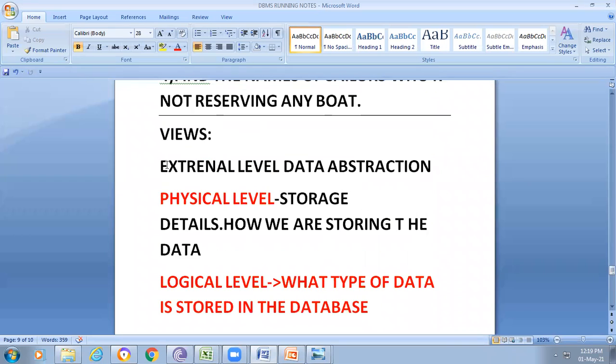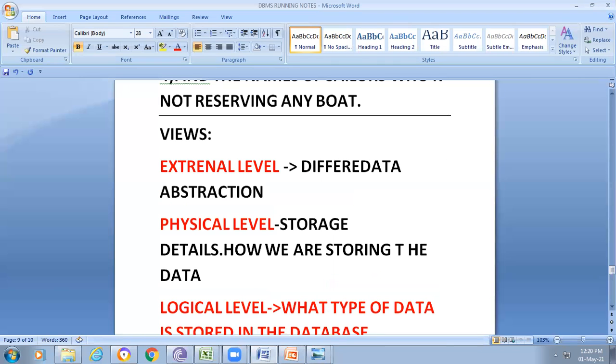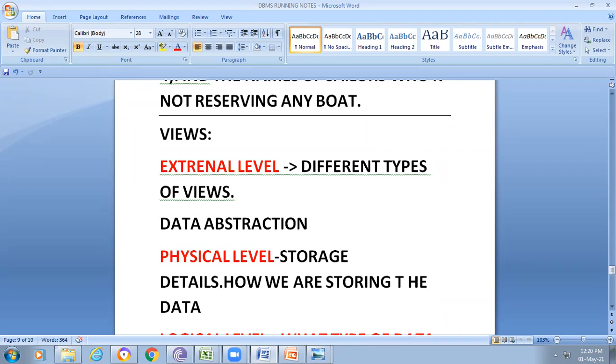And in the case of external level, external level data abstraction mainly focuses on different types of views. That means according to the user requirement.